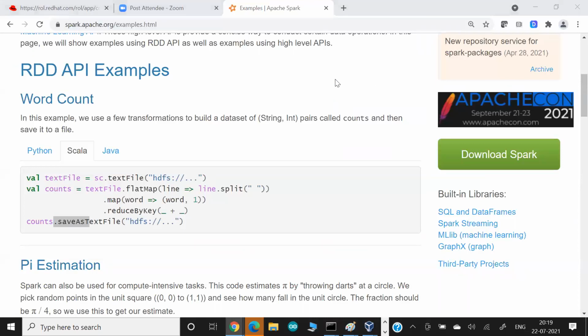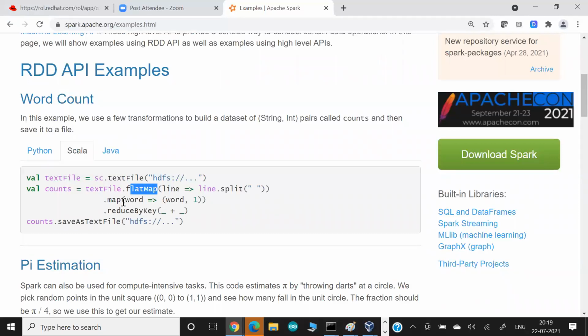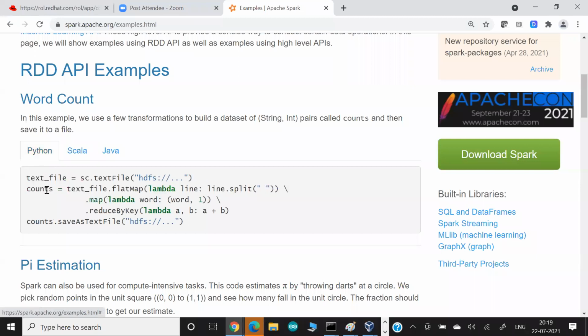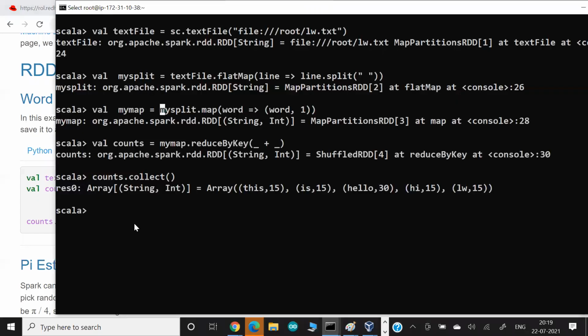We can also do one more thing. Rather than creating multiple variables, we can run this function dot this function, then dot this function. So with one single variable, the entire pipeline can be created. This is also one of the ways you can do it in Scala, plus you can do it in Python too. Again, by chance, the function name is the same if you use any of the languages. Okay. Now we can save the file. We can do further operations, whatever you want to do. That will be your choice. So this is also, guys, a good example to understand the concept.